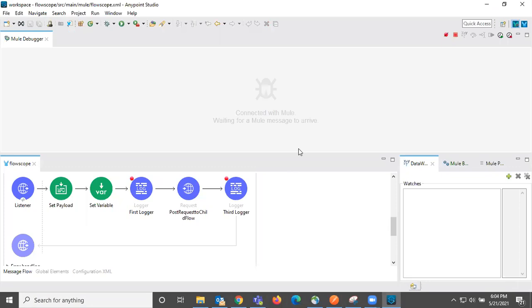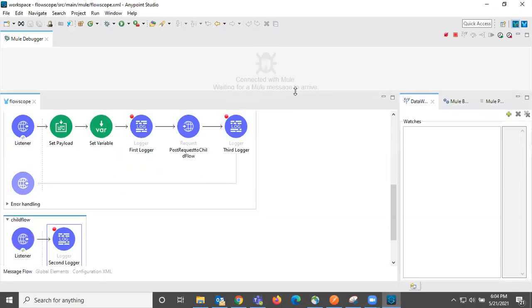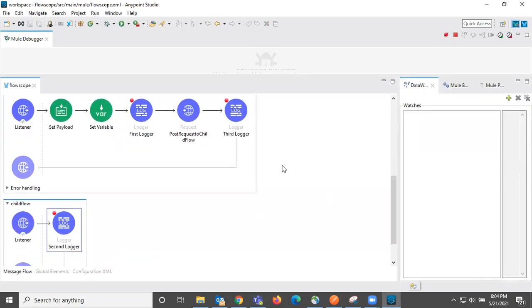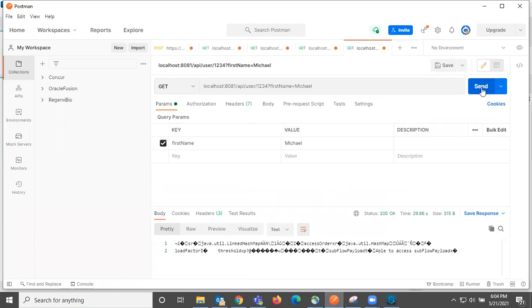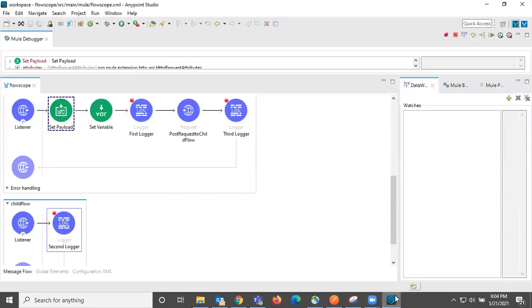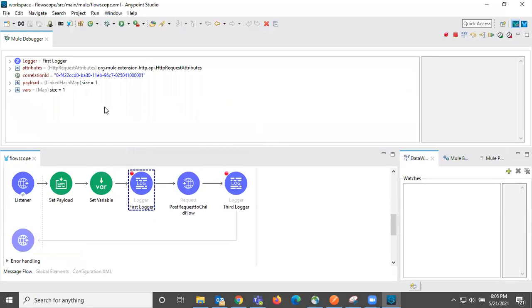And let us see it in Mule flow. That screenshot is actually taken from here, and this application is already running. So let me submit a request to this. I just sent one, and let me stop it here. Now what all is available?